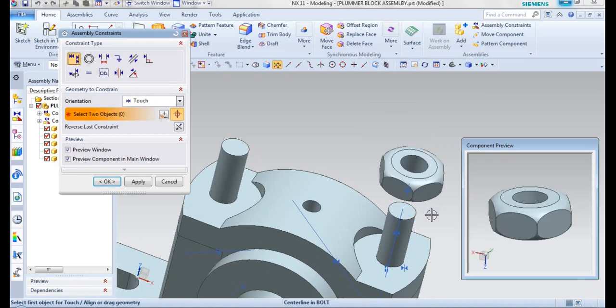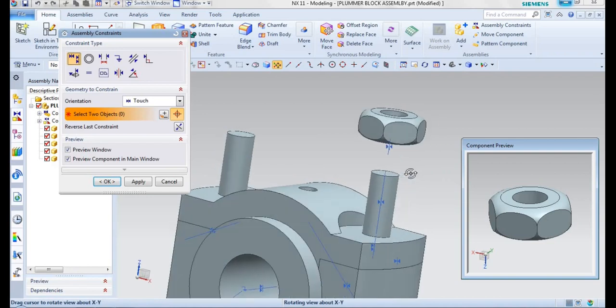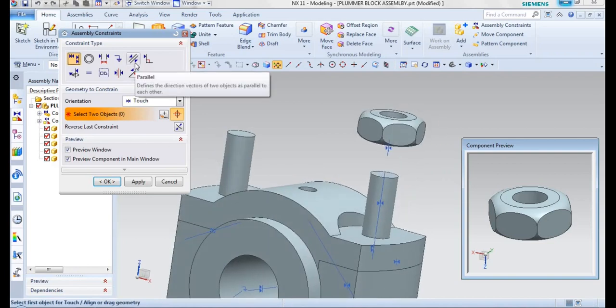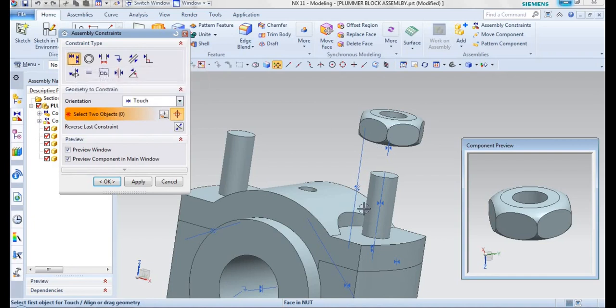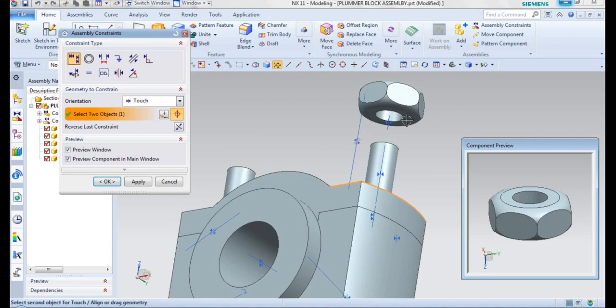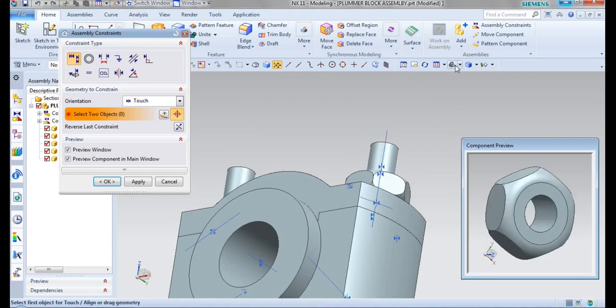So here you can see both the center lines are lying in the same plane. Next, again I go for parallel option and I'll be selecting, say, this face and the bolt face should be parallel. The next constraint, I'll be going for touch or align. Under touch option, I'll be selecting this face and the bottom face of my nut component. Like this we will be constraining.